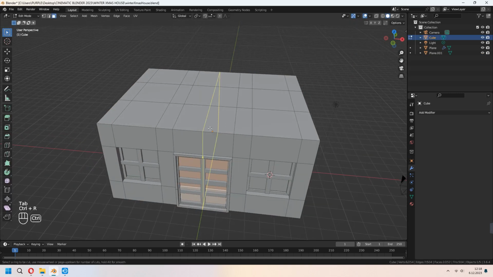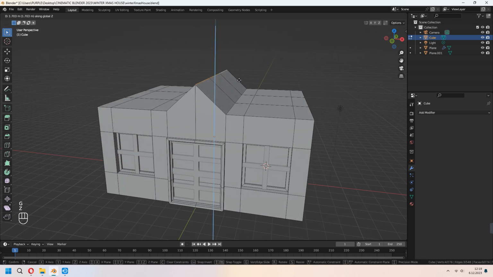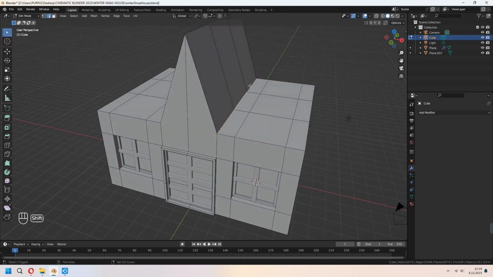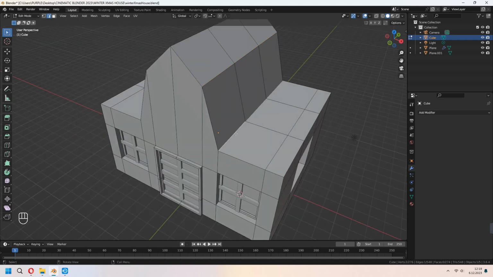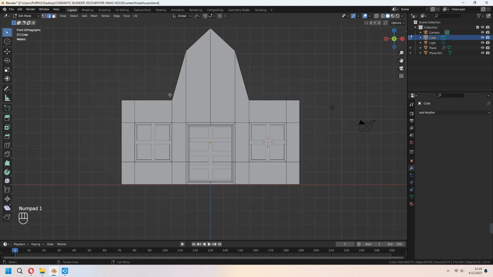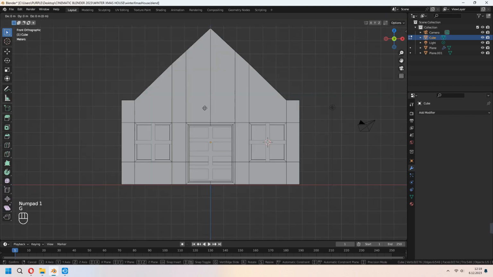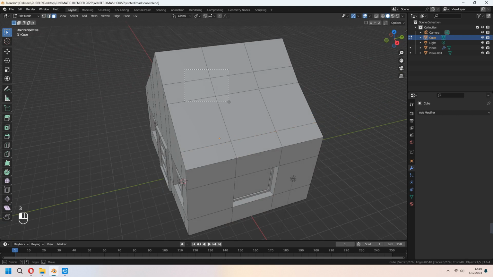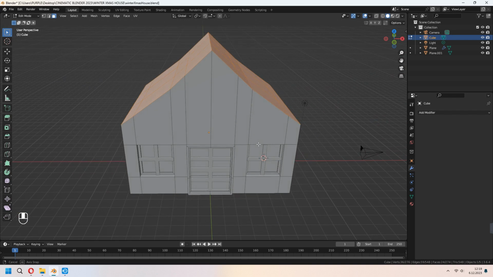Now let's make the roof. For this we will choose these top edges and G to move them in Z-axis. Make the same thing for the sides. You can give a shape and tidy up your roof part. After you give a shape, you can choose these top faces and after that shift D to duplicate it